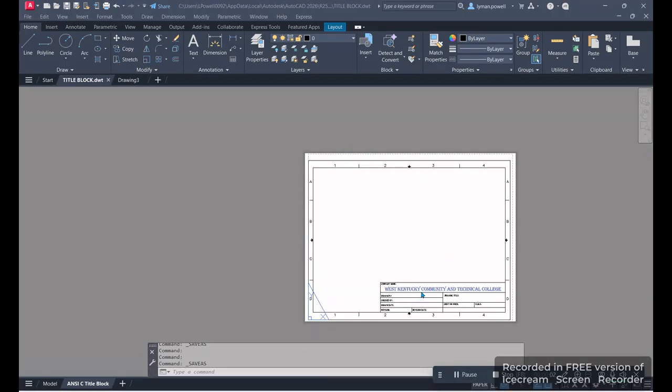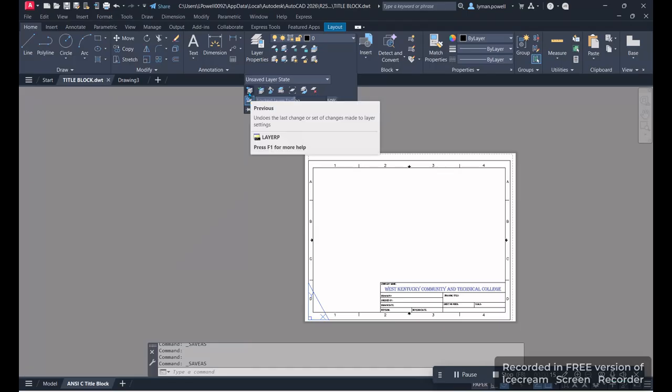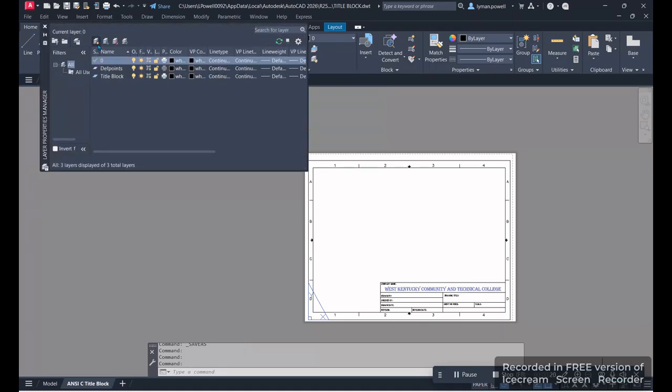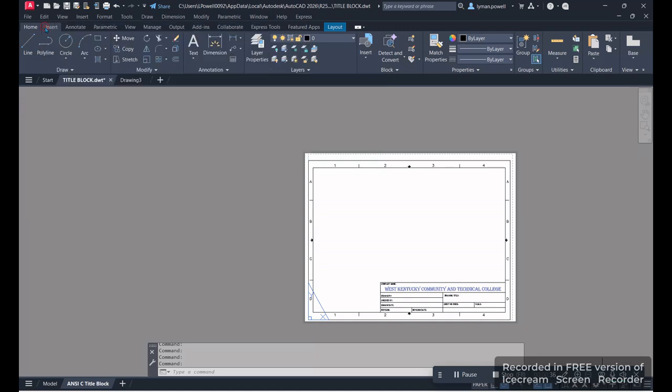Once we have our title block in our drawing with our border, and before we save this again, I would like for you to come up here and make some layers. So we're going to create some new layers. Because we don't have our layers in here before, remember how we did in the first one? I'm going to let you make these. I want you to do a construction layer, do a hidden line layer. I want you to put the text layer in there and use the colors that you had previously. So once you get all the layers in there, then we'll save it